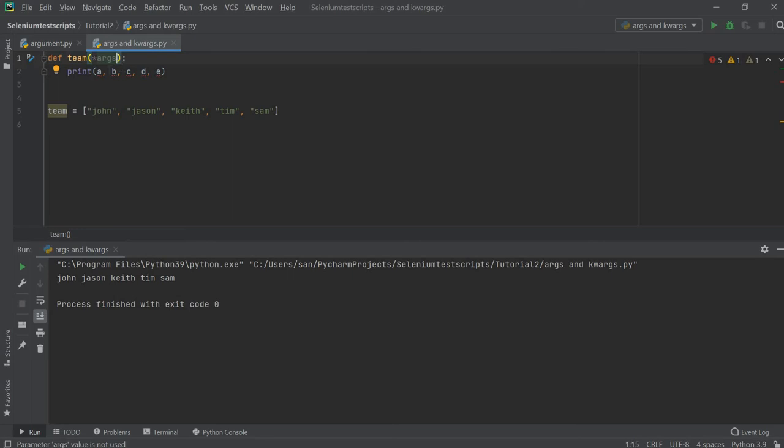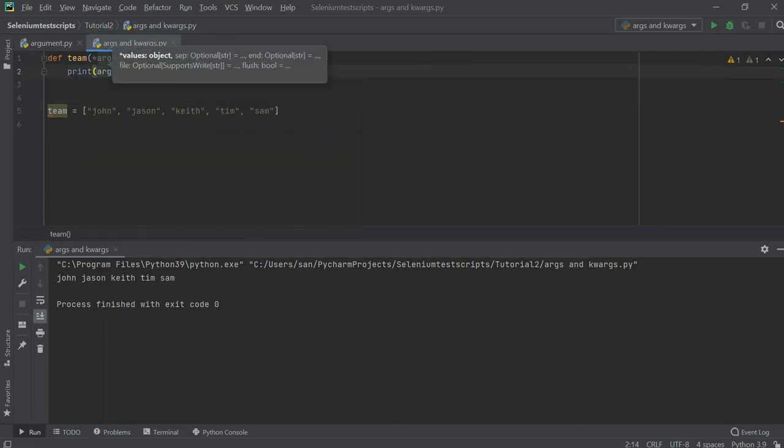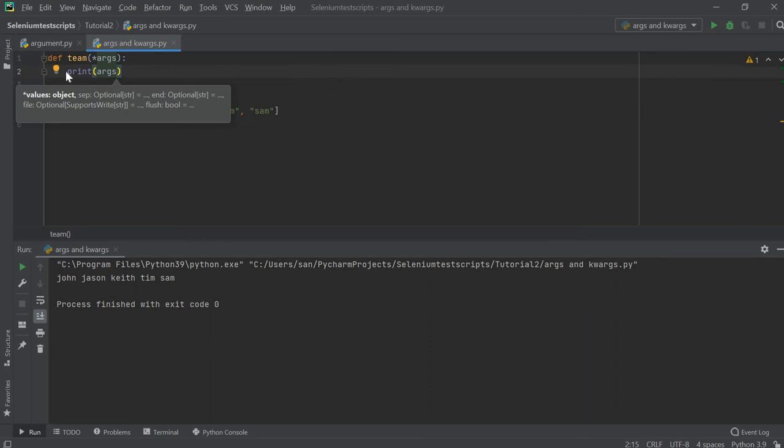Okay, so what this will do is take all the parameters which you have specified, and as we know these variables are no more existing, so let's change the print statement also. For printing I need to access args, as the name of the parameter is args, and I'm going to access index number 0.